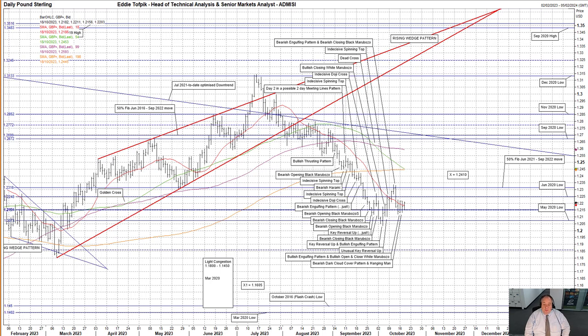The targets for such a pattern were a primary target X in the 124.10 zone and a much harder to reach target X1 in the 116.05 zone. The primary target was achieved in mid-September, but the secondary target looks very much out of reach, as the market has decided to hesitate between the May 2020 low at 120.73 and the 50% Fibonacci line of the June 2021 to September 2022 move at 123.16. Well, so far today, not much. Still within yesterday's range and looking indecisive right now.